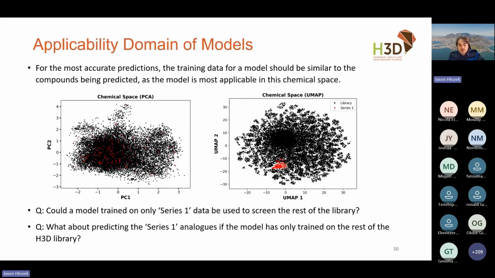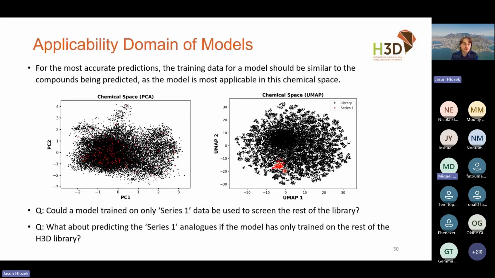So this one's a little bit more tricky, I would say. Certainly it's a better case than the first way around. The black compounds are quite diverse, and the red compounds are within this chemical space. But these are very, very fine chemical changes, and so perhaps it will struggle a little bit to get that really fine-grained chemical information.